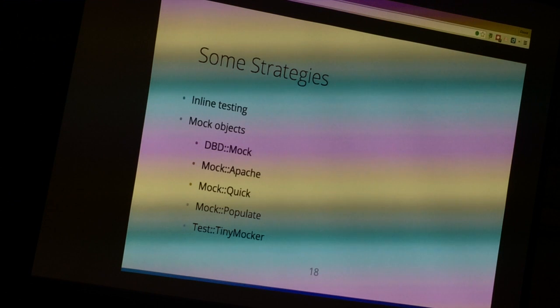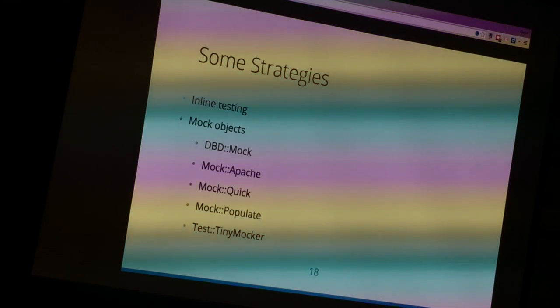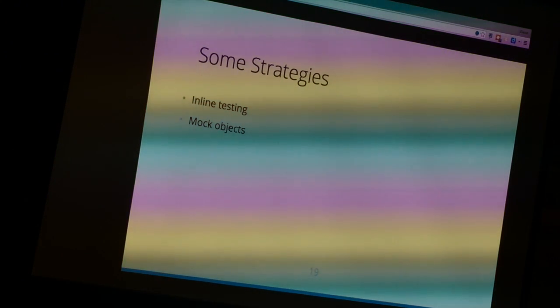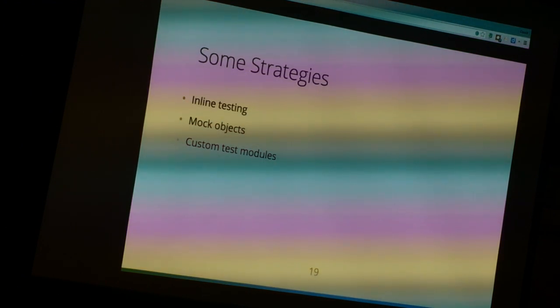And this one I thought was just kind of funny. Tiny Mocker. I don't know what it does. I just thought it was funny. Anyway, then there's custom test modules, which